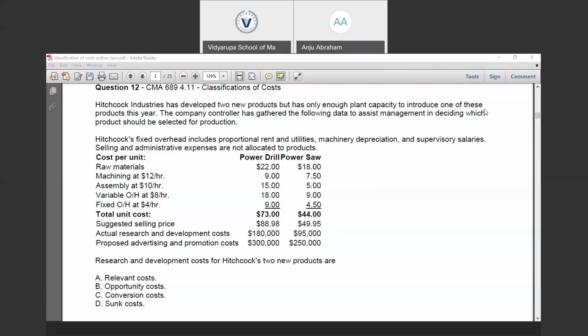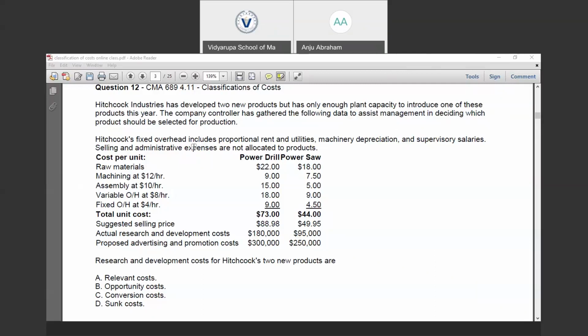We have been provided with the details for Hitchcock company. Hitchcock Industries has developed two new products but has only enough plant capacity to introduce one of these products this year. The company controller has gathered the following data to assist management in deciding which product should be selected for production. The fixed overhead includes proportional rent and utilities, machinery depreciation, and supervisory salaries.